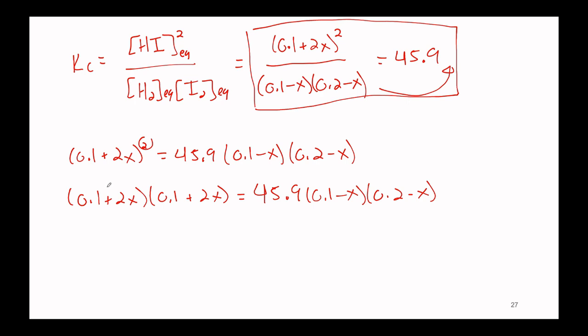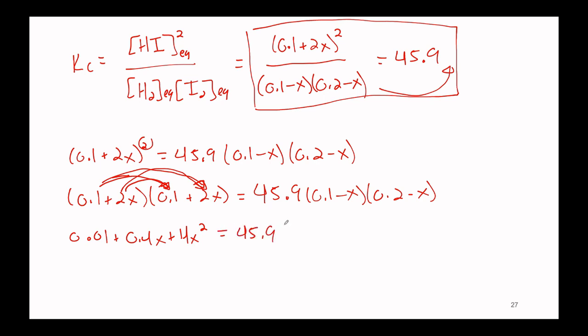So from here, what we can do is, if you heard this acronym in high school, awesome. If not, then what we're going to do is the process of foiling. So we're going to combine these multiple terms here. We're going to take the first term, multiply it by the first term here, plus the first term by the second term, plus the second term by the first term, and the second term by the second term. And what this ends up giving us for the left-hand side is 0.01 plus 0.4x plus 4x squared. This is going to be equal to